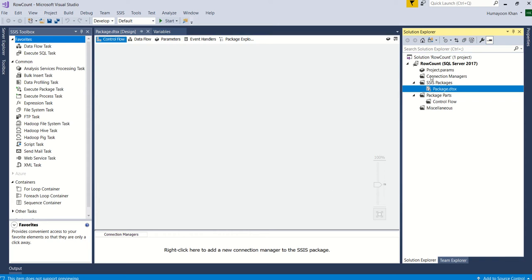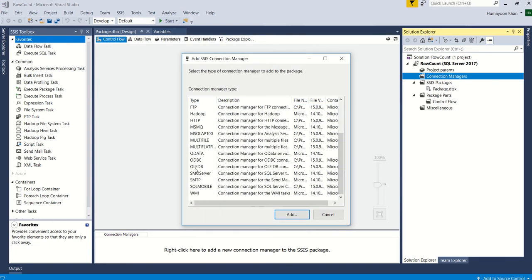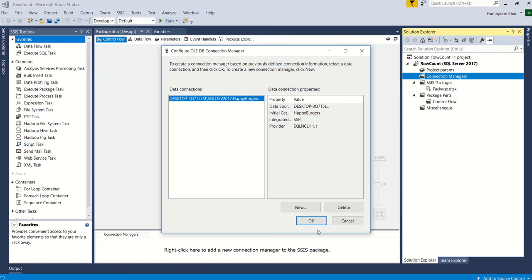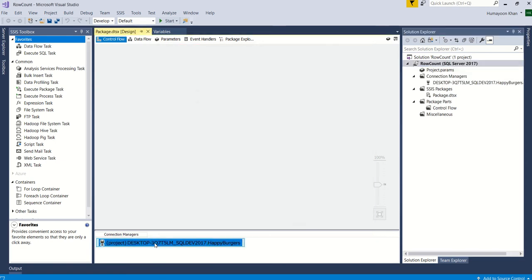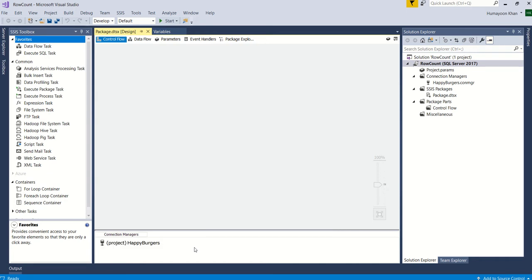So as usual, we'll create a connection to our database, which is Happy Burger, always happy. So OLEDB, it's already there. Let's change the name. By the way, I always create a project level connection in case I need to add more packages. The same connection to the database can be used because in my videos I use the same database. Now the second connection will be to a file